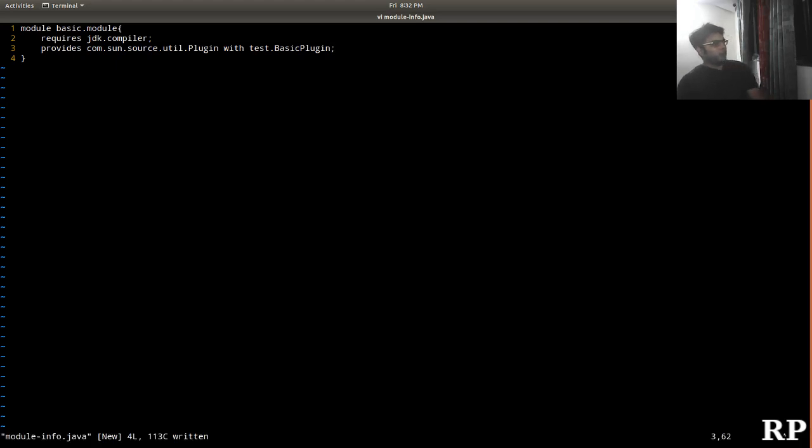So requires jdk.compiler. We have to mention that we are accessing classes in the JDK compiler. And the next line we say that this plugin interface has been implemented by BasicPlugin and we are opening it to the outside world. We need to mention this, otherwise the compiler plugin won't be able to find it.